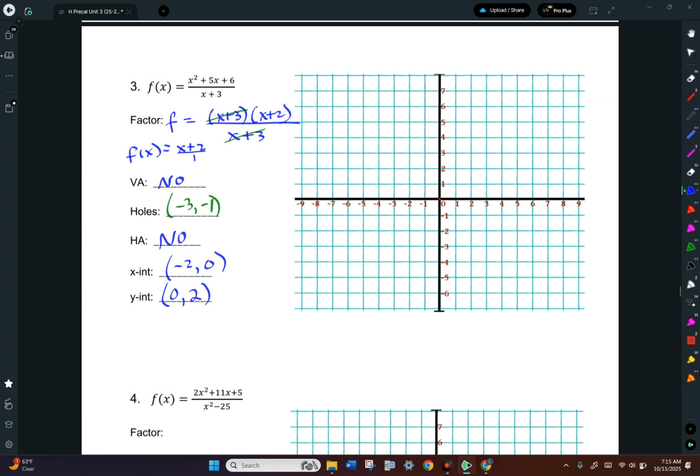So let's put this on. I have a hole at -3, -1. So there's a hole. I have an x-intercept at -2. I have a y-intercept at,